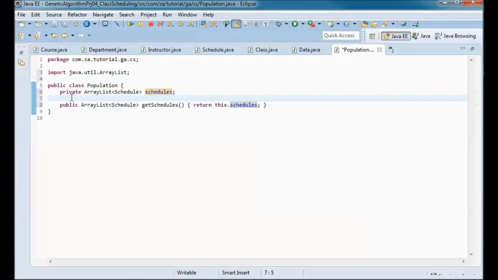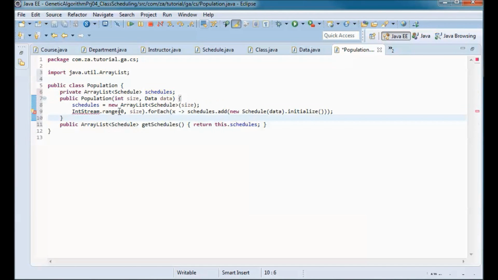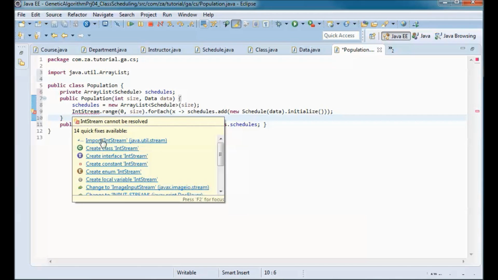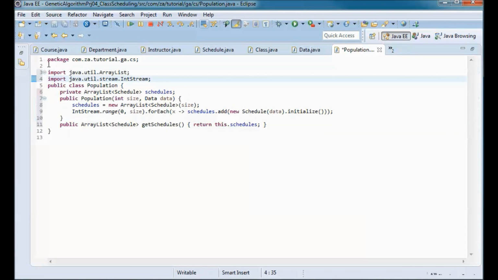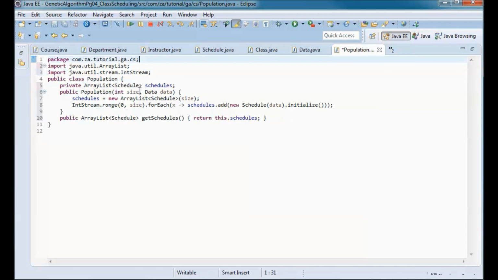And we will have a constructor with the size of the population of schedules passed in, and the data that contains all the data.